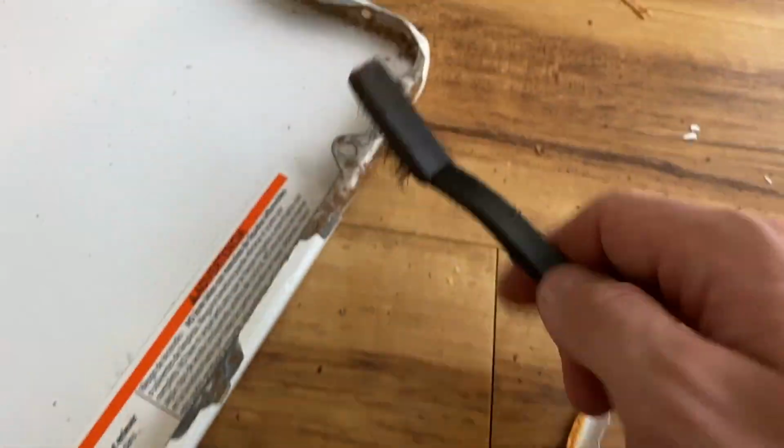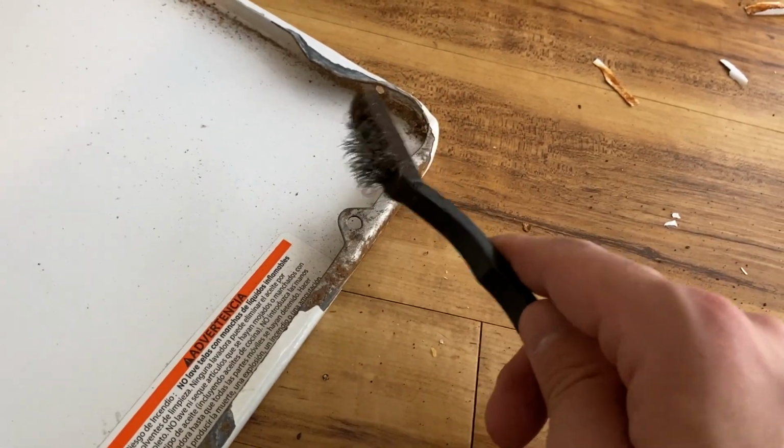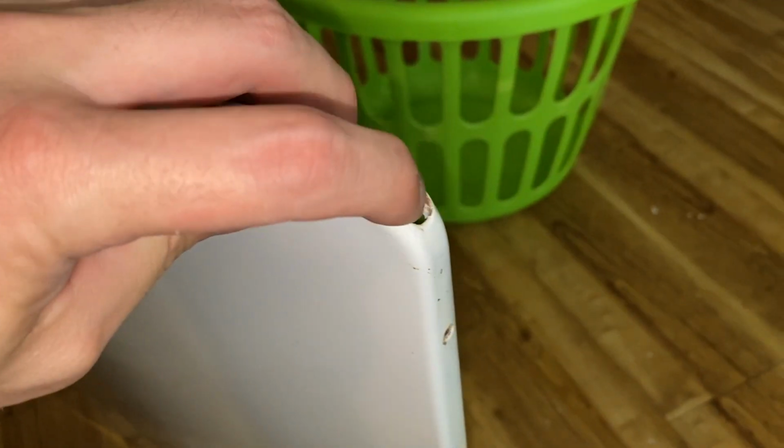You can easily get that and you get big old paint chips off of like that. Anything that can easily come off, this will be your starting point. And then sandpaper will finish it off. And after a bit more time with the wire brush, you find some other places that may need a little